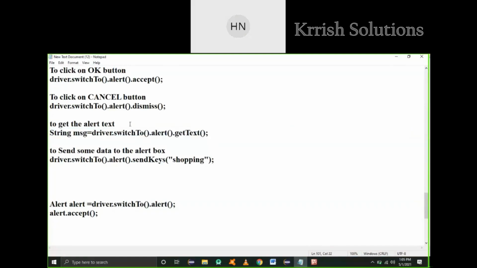The alert box, whatever text is in it, we can capture that text. So this is about alert related topics. Hope you understand it. Okay, understood.